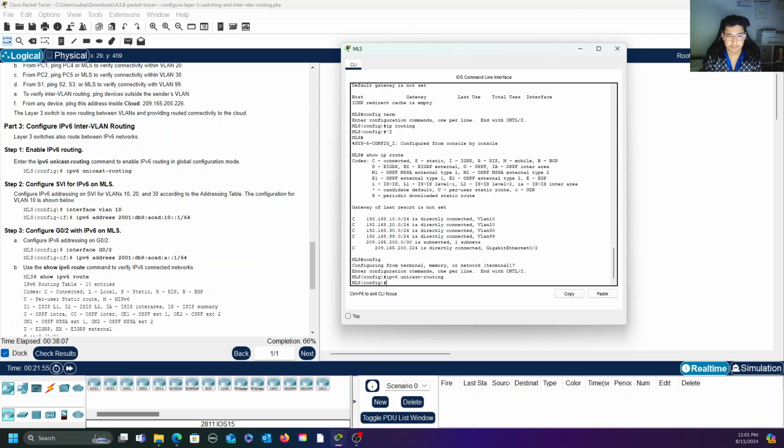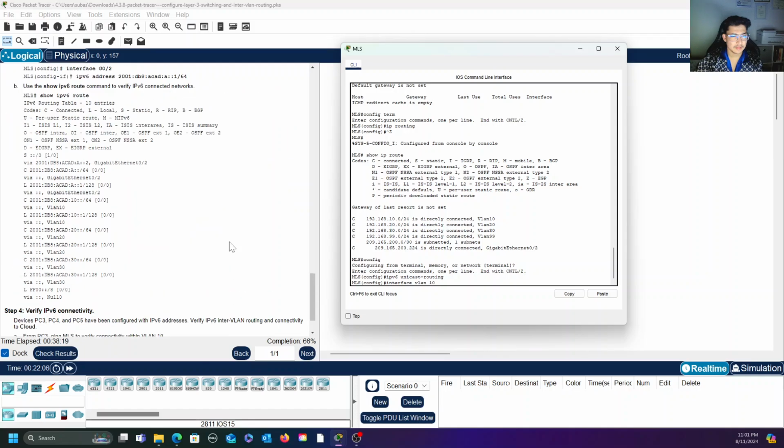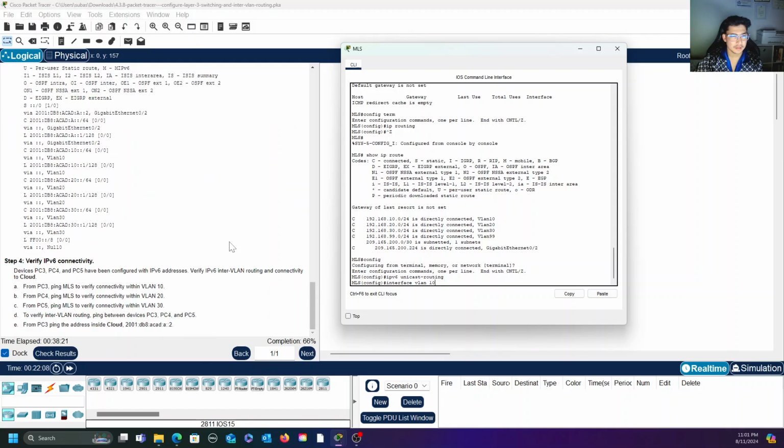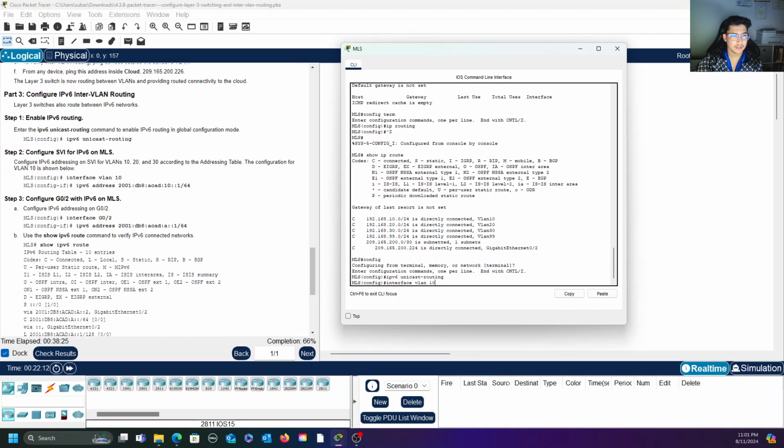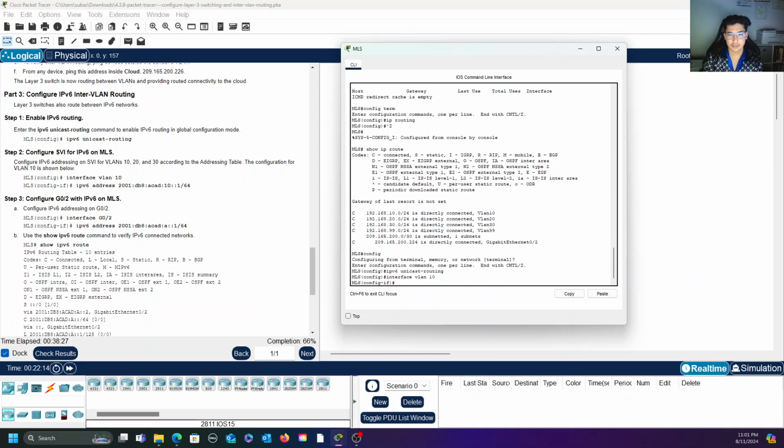So interface VLAN 10, and then ipv6 address, that's going to be